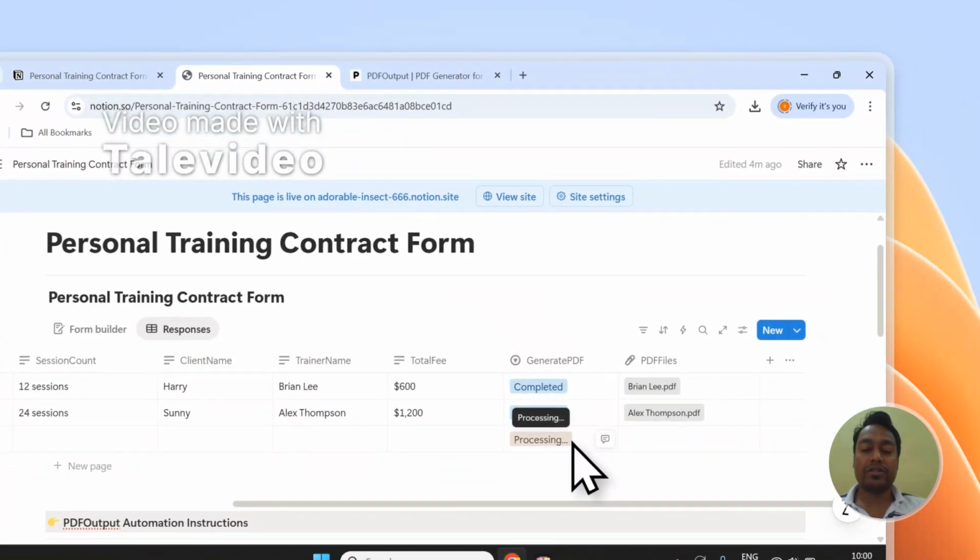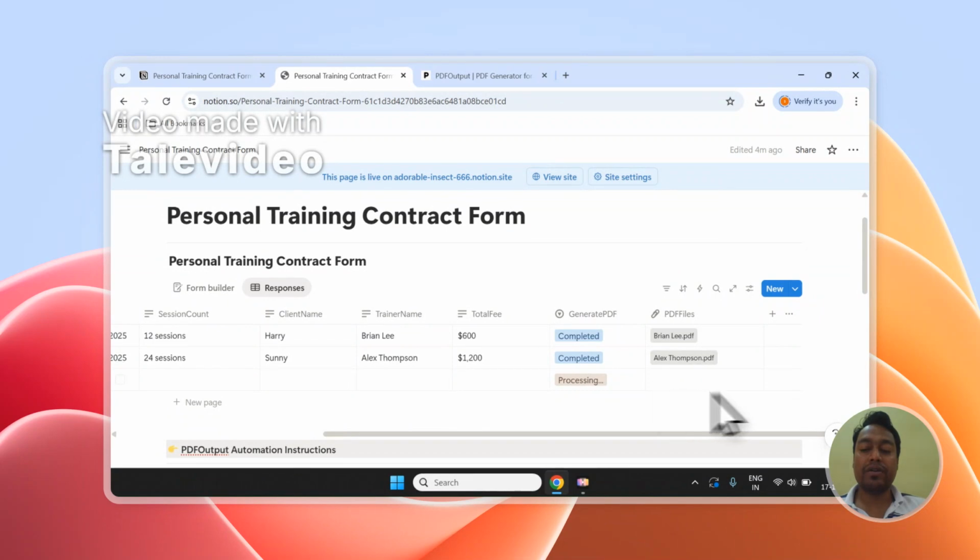And you can see it has started processing the document and it will soon be converted to PDF right over here in the database. This is what makes the